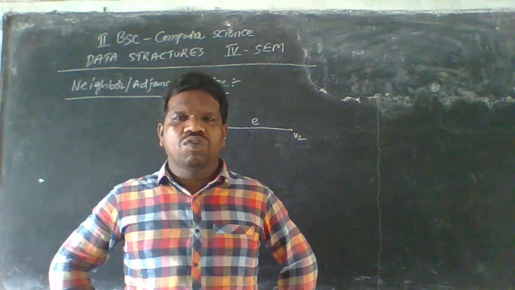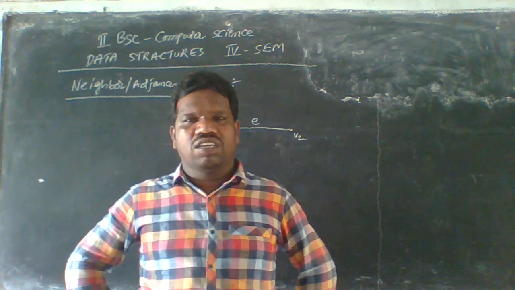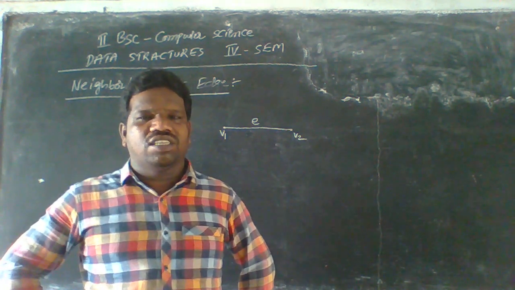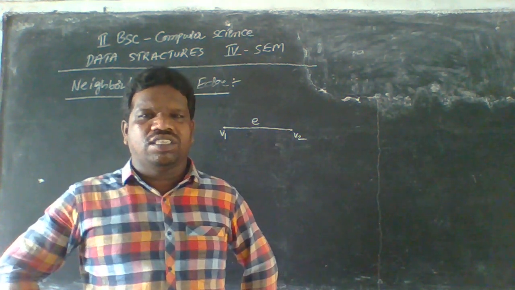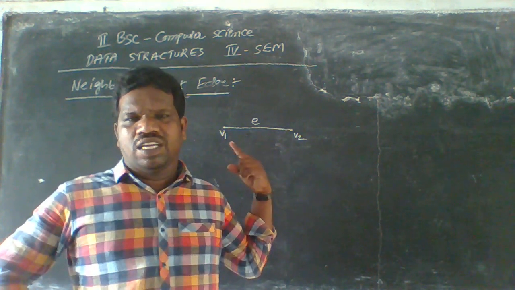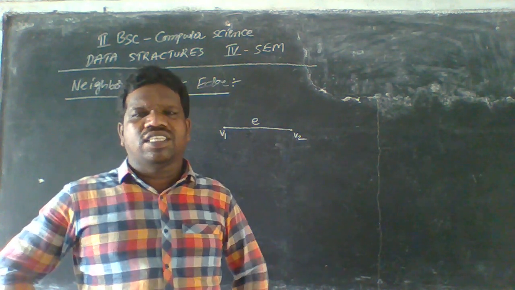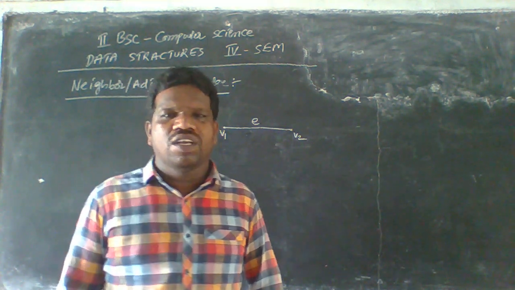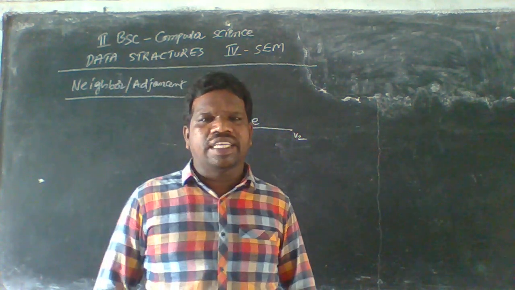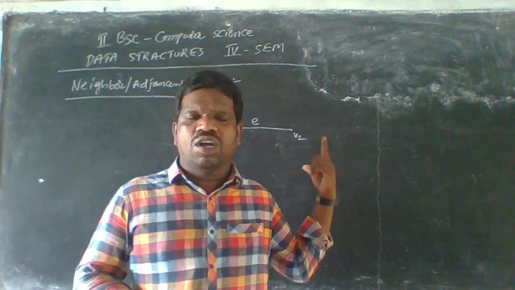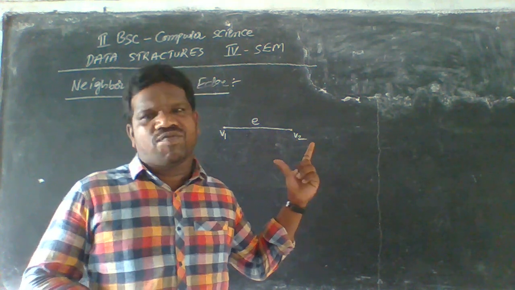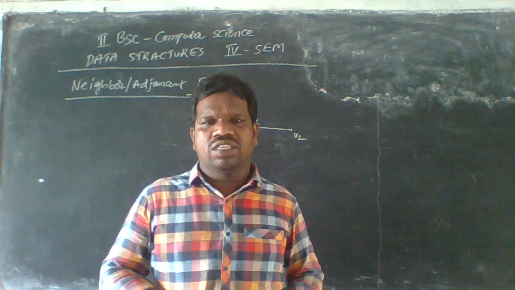If two nodes are connected by an edge, then those two nodes are said to be adjacent. That is, the two nodes named V1 and V2 are adjacent if there is an edge from V1 to V2 here. So any pair of nodes, that means V1 and V2, both belong to the pair, because those two nodes form an edge, which we call E here.